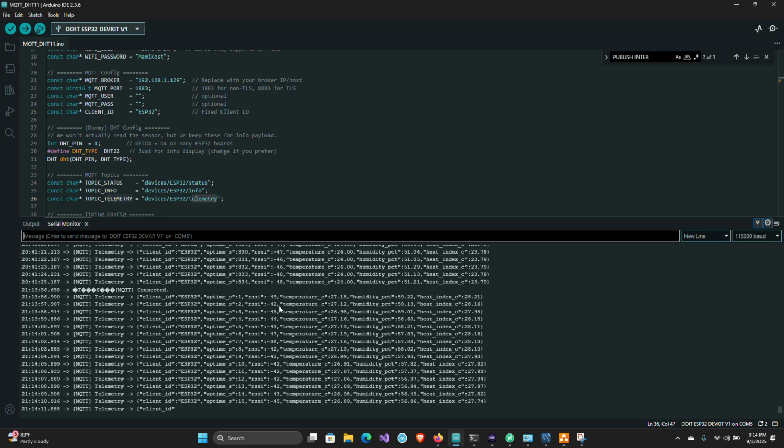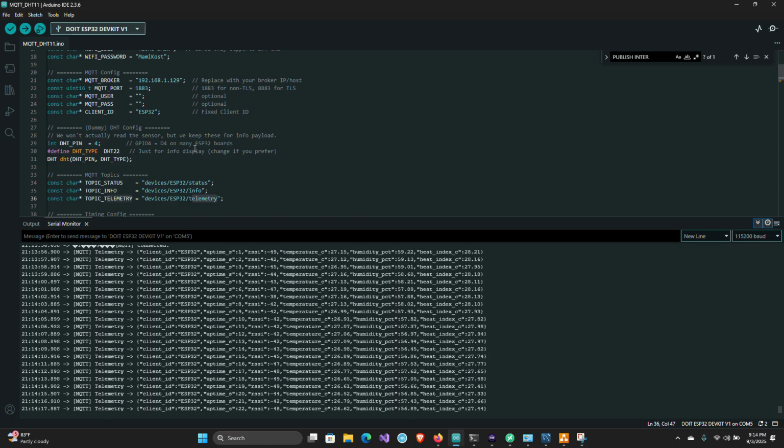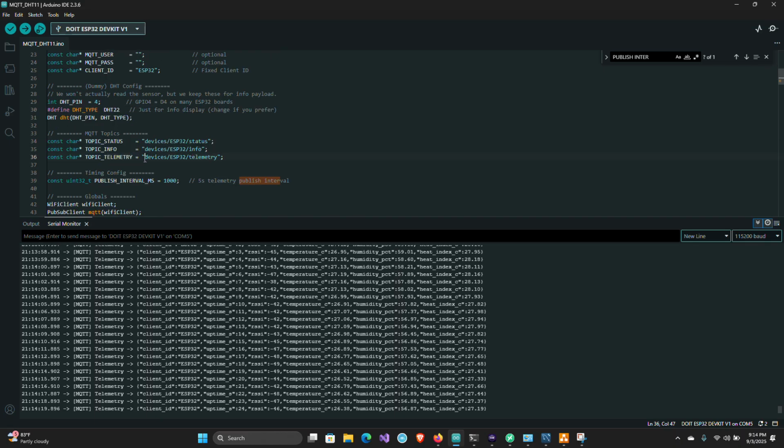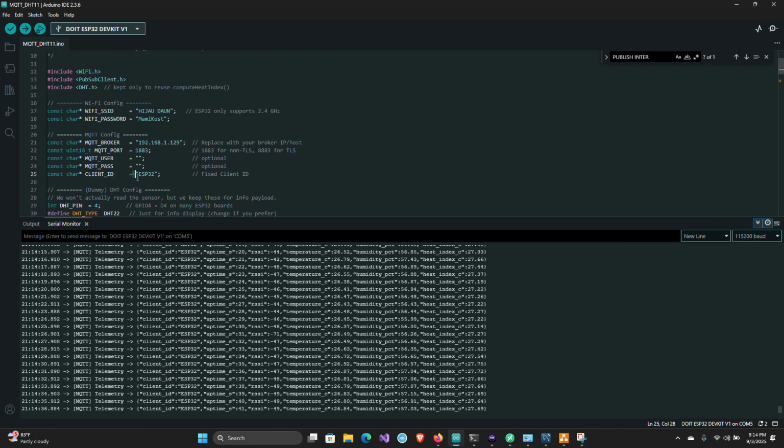We just focus on the temperature and humidity because this is just sample data. Okay, from this, I think we can go back to the MQX dashboard and refresh this, and we can see here ESP32 as the client of the broker.